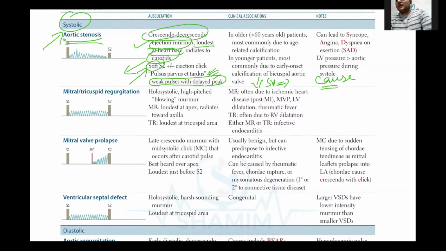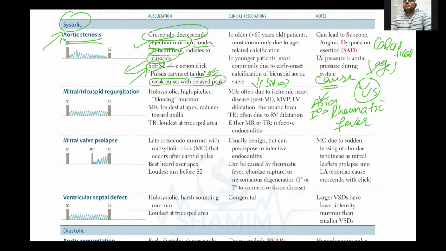सो नेक्स्ट इंपॉर्टेंट क्वेश्चन इज हियर, व्हाट इज द कॉज ऑफ एआर्टिक स्टेनोसिस। मैं यहाँ पे डिवाइड कर रहा हूँ, एशिया की बात अलहदा है, यूएस की बात अलहदा है। अगर वर्ल्ड क्वेश्चन है इन एशिया या वर्ल्ड वाइड, नंबर वन कॉज जो है वो कौन सी है, वो है रूमेटिक फीवर, रूमेटिक फीवर। अगर क्वेश्चन आता है इन यूएस व्हाट इज द नंबर वन कॉज, यूएस में क्या नंबर वन कॉज है, कैल्सिफिकेशन, which is age related, old age में जो calcifications होती है।